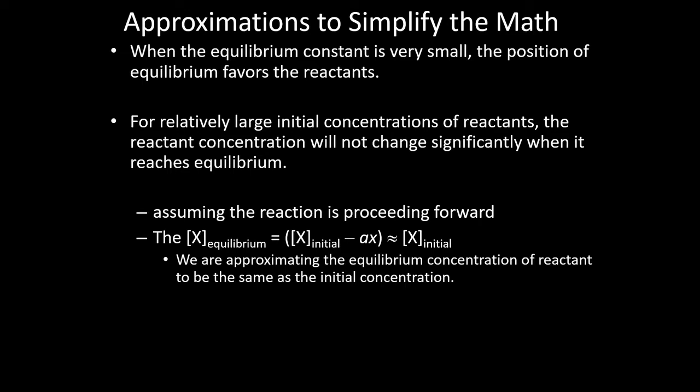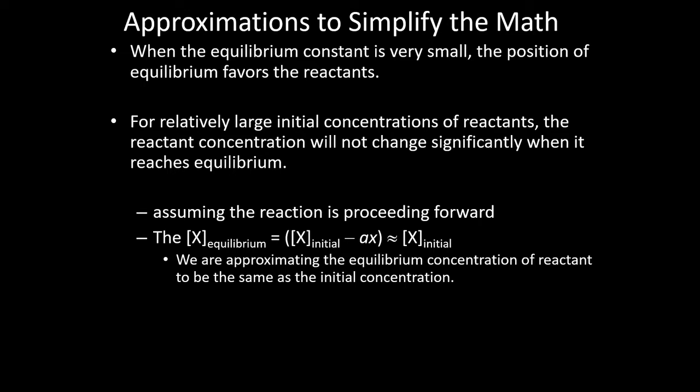So when an equilibrium constant is very small, the position of equilibrium favors the reactants. For relatively large initial concentrations of reactants, the reactant concentration will not change significantly when it reaches equilibrium. So, assuming the reaction is proceeding forward, if we have a relatively small K value and we have a relatively large initial concentration of reactants, we're going to say,